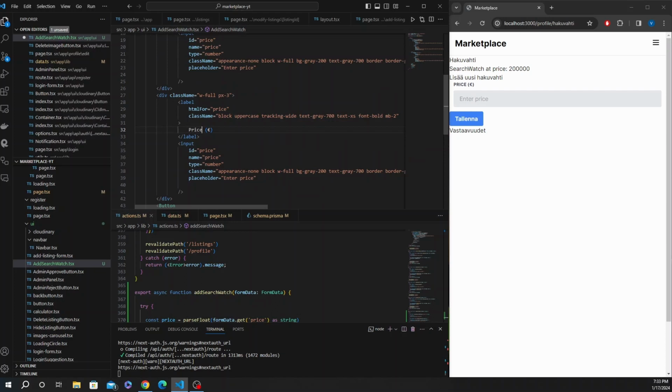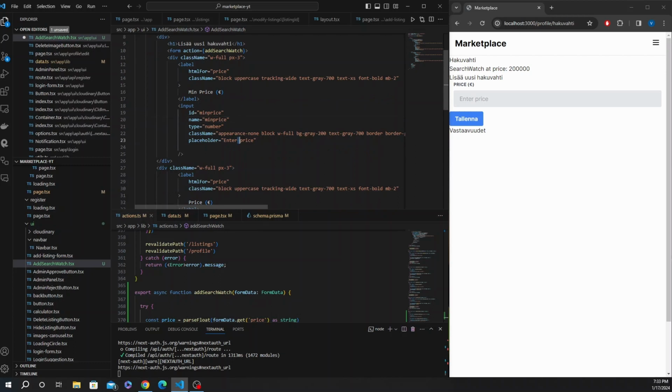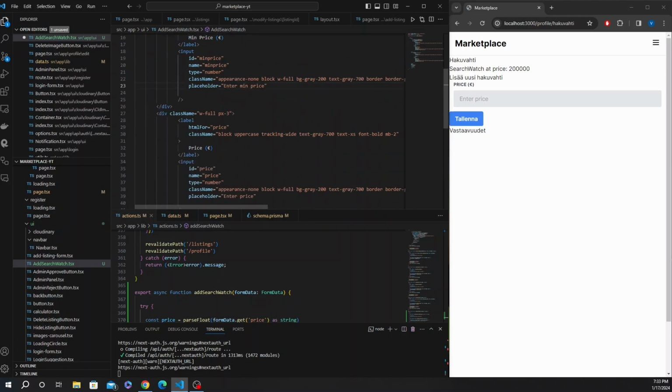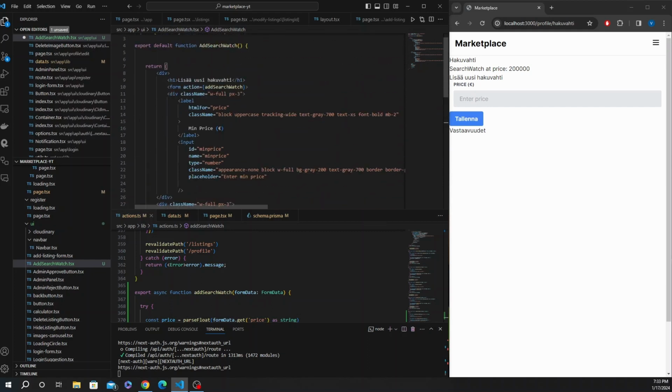So basically, we just have to take this and do another one. And then we can just call this right here the min price. We're going to have the min price, enter minimum price. And then here we have the max price, and this is also going to be max price, enter max price. And now we just have to